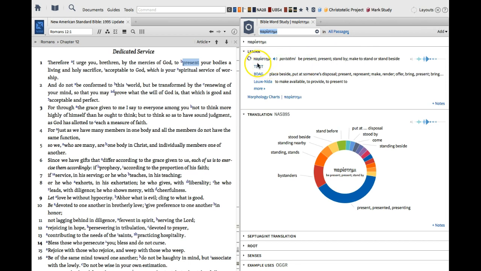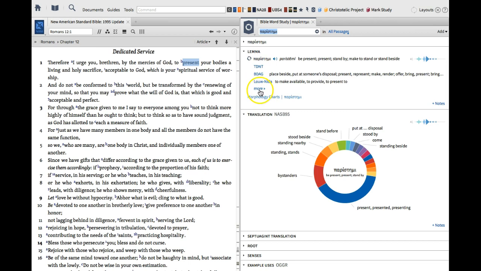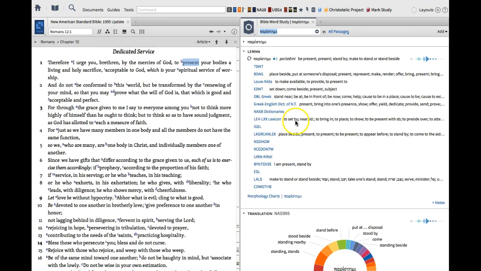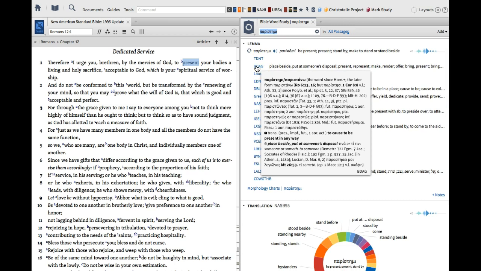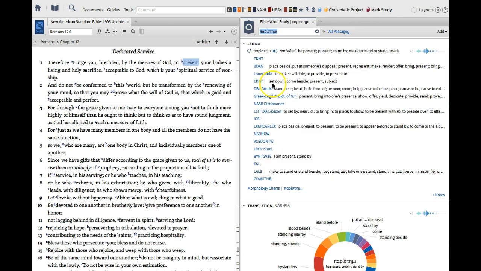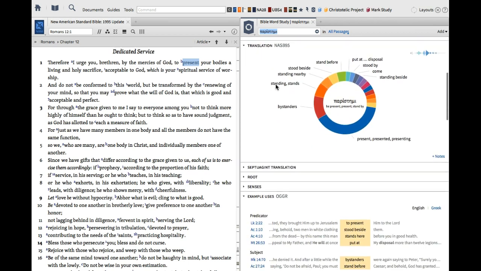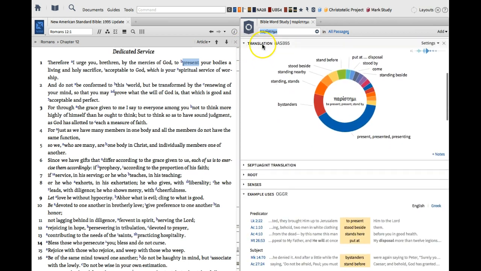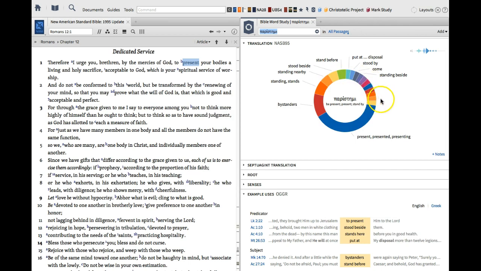And then you see here there's actually several different dictionaries that we could look at, and I could click here and see all the varieties of dictionaries, and we could go to those and look up those definitions in the lexicon. Right now what we're looking at is really its semantic range. So if we come down to the phrase translation, we'll see our Greek word in the middle, and the circle